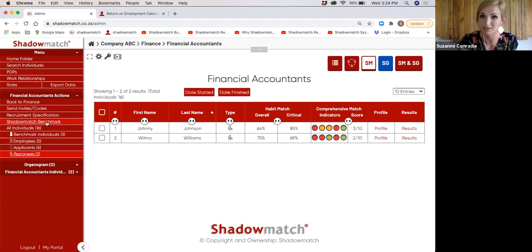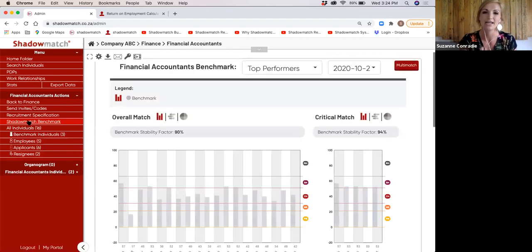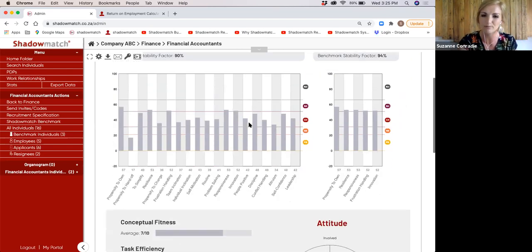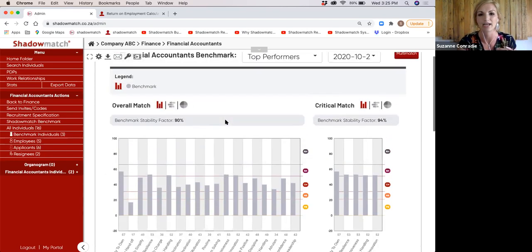Underneath the tab of benchmark. So the resignation benchmark and my top performers are both on the same page. If I click on this in my left main menu, it opens up my screen. And now you would see also something you might not have noticed before. There's a drop-down option here. So the standard option is my top performing benchmark. So that's the one you're familiar with. The individuals that are currently performing in this role are top performers. They contribute to this benchmark, and this is the